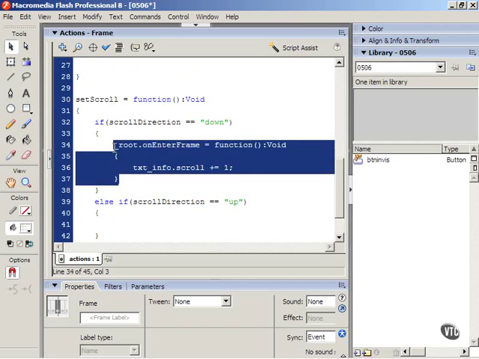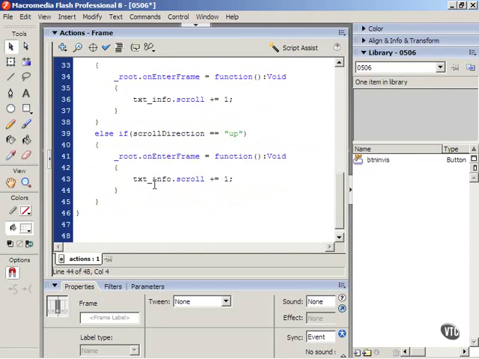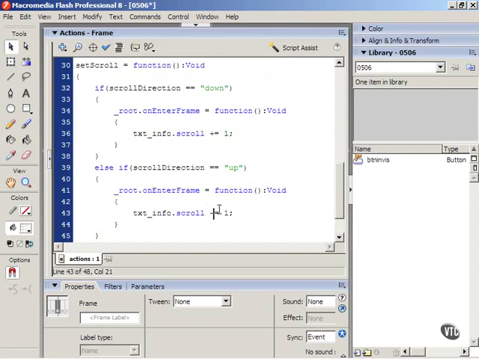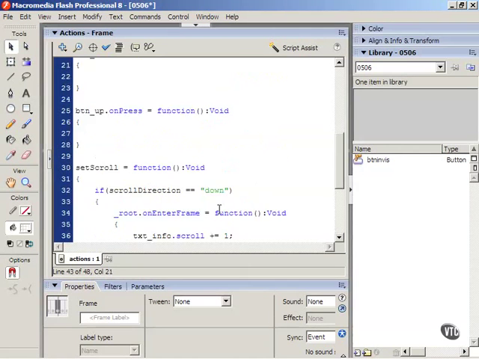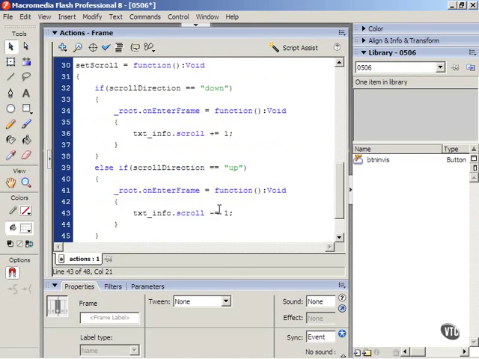I'm just going to copy this code here. And click and drag to select it. Just Control or Command C, or you can right click it and press copy. Go within the bracket. Control V to paste. I'm just going to change this to -1. The scroll direction is up, so I'm just going to scroll up. Scroll direction is down, text is going to scroll down. Don't worry if this doesn't make all the sense in the world right now. We're going to explain as we go on and do a little bit more in the next